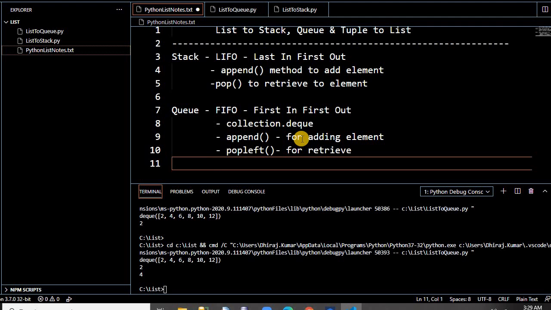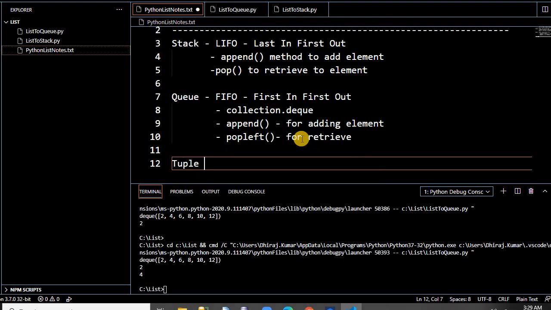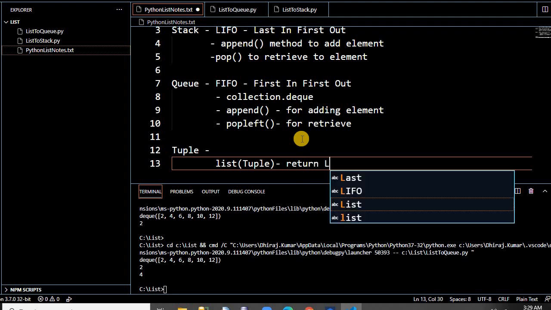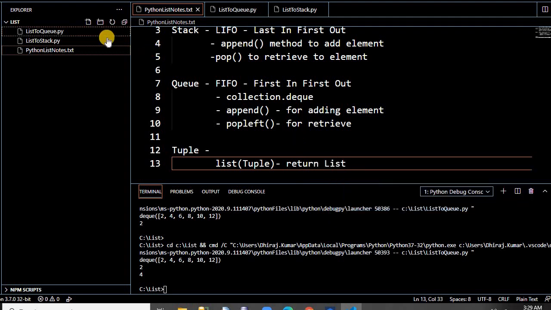Okay, now let's talk about tuple. As we already know, tuple and list are mostly the same. The only difference is a list is mutable, a tuple is immutable. How do we convert a tuple to a list? We have the list constructor. Inside it you pass the tuple and it will return the list. Let's take a small example.